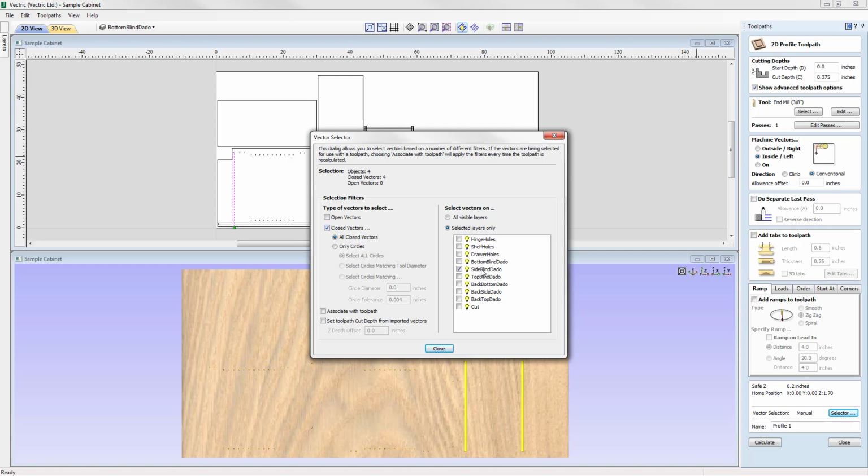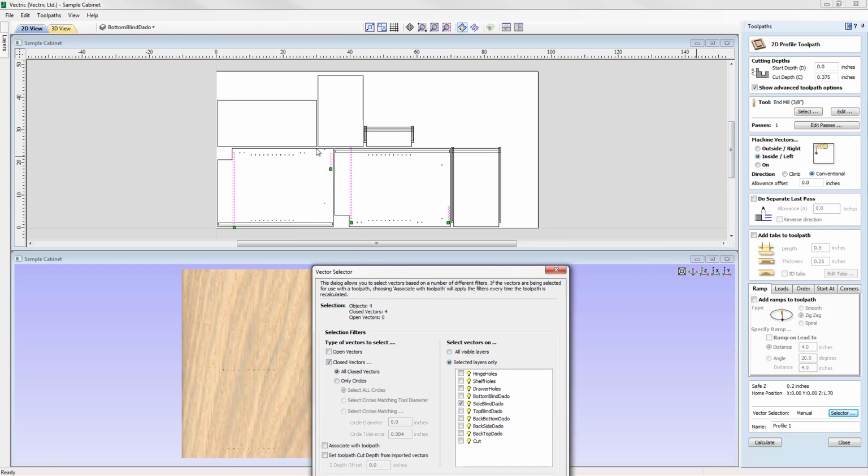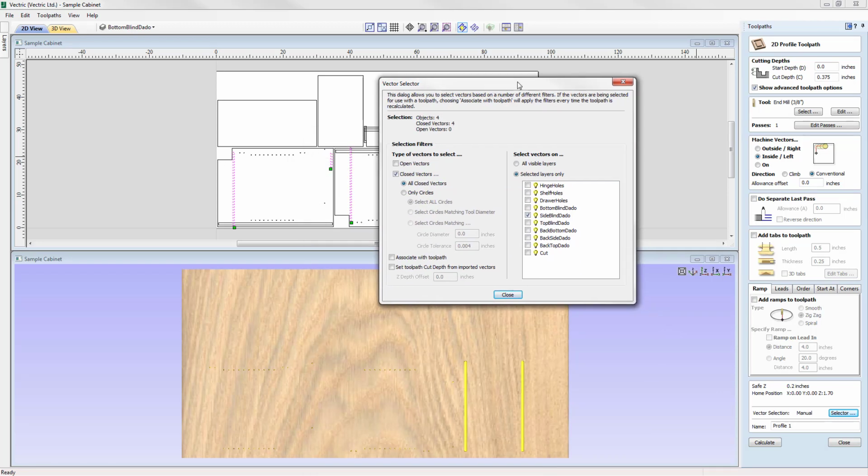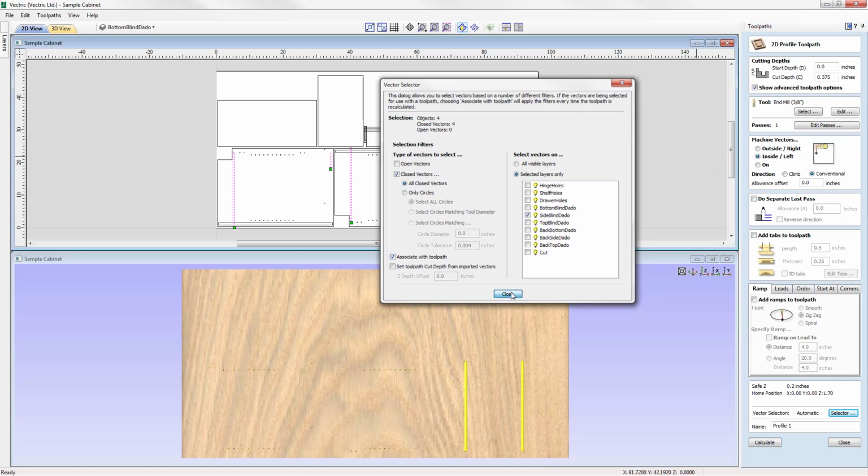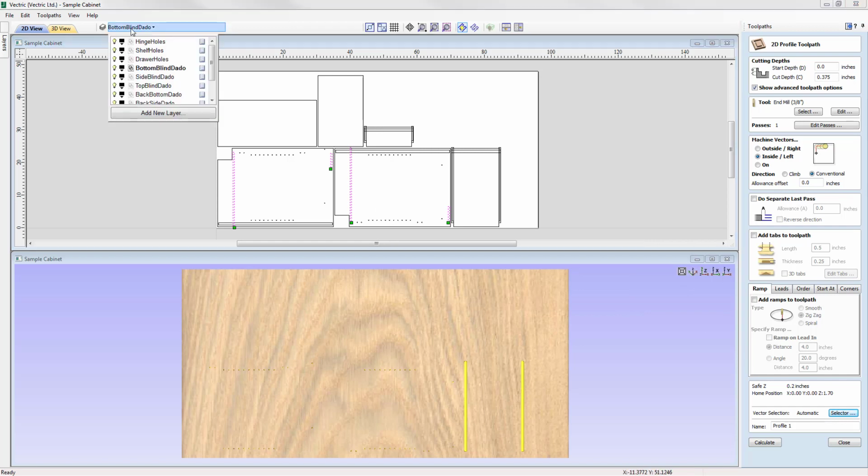So we're going to check that layer. We can see that it's highlighted the vectors for that layer. And we want to associate these rules with this toolpath. So we'll check that option there, close out, and we're going to go into our layers bar, double click on